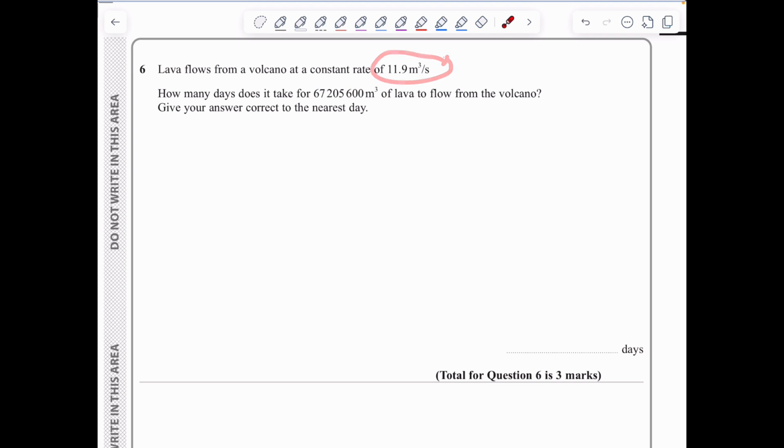In question 6, we've got lava flowing from a volcano at a constant rate of 11.9 cubic meters per second. The question is, how many days will it take for this amount of lava to flow from the volcano? Give our answer correct to the nearest day. So we know that in 1 second we've got lava equivalent to 11.9 cubic meters flowing out. So x seconds to get the